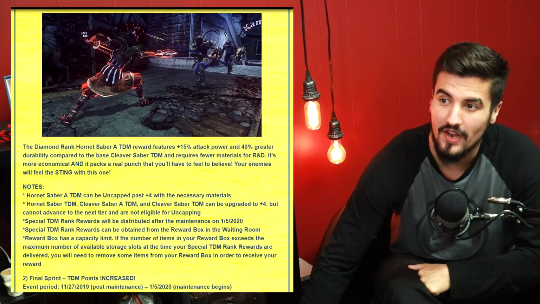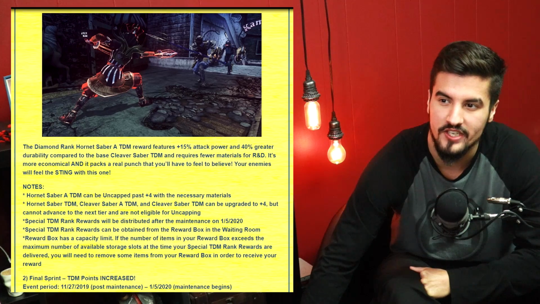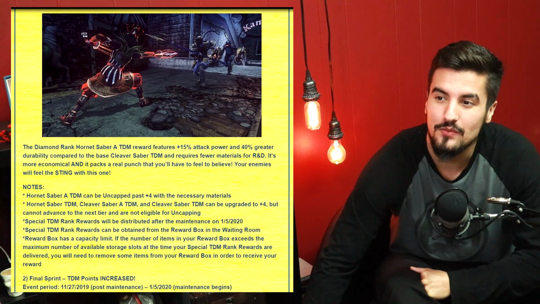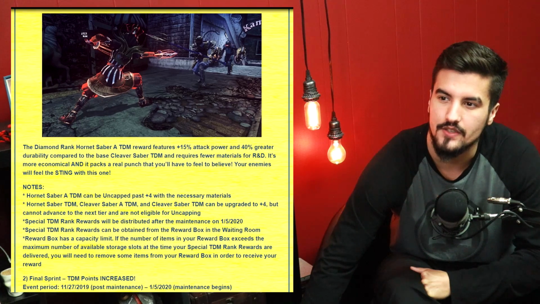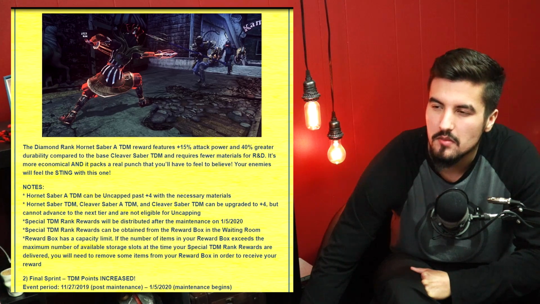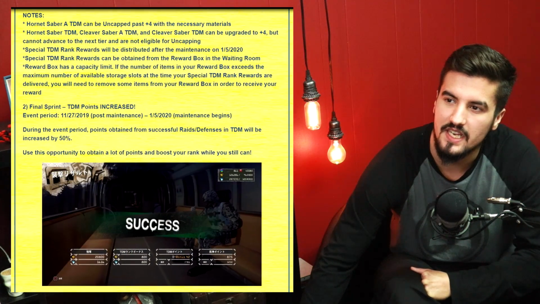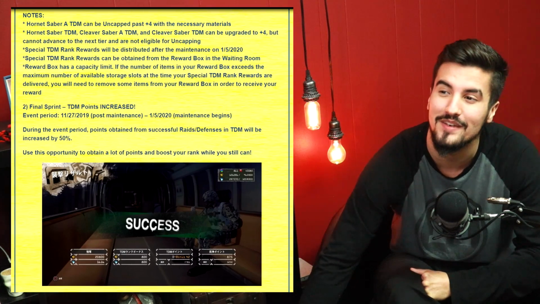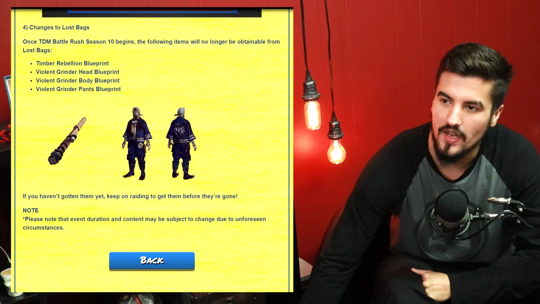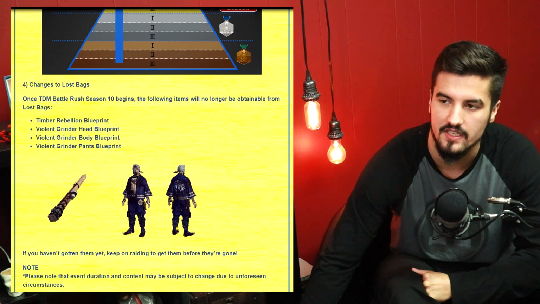The Diamond Rank Hornet Saber A reward features 15 bonus attack power and 40% greater durability compared to its base Cleaver Saber. Awesome. And requires fewer materials, R&D, etc. It's more ergonomic, and it packs a real punch that you have to feel to believe. Your enemies will feel the sting with this one. Final Spirit, again, TDM points will be increased the closer it gets, so you'll be able to quickly rank up if you've been putting it off, which is nice. Again, deranking, all that stuff we know and see, and of course the Violent Grinder Head and the Timber Rebellion